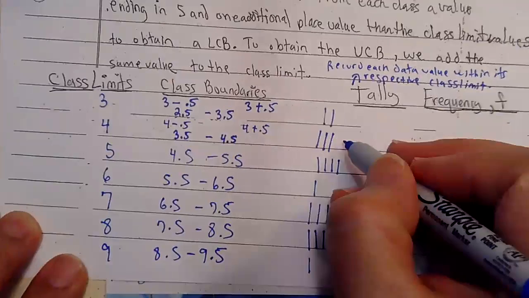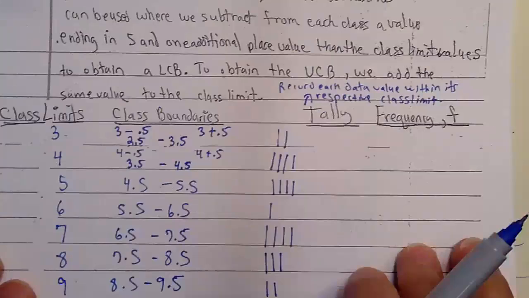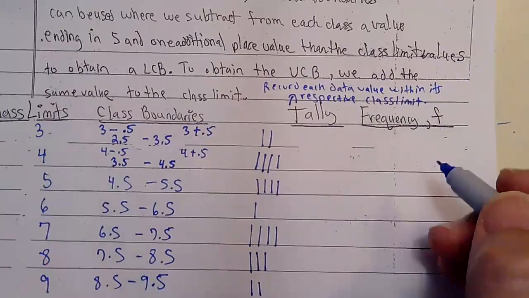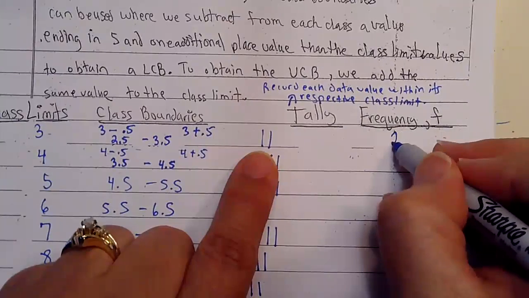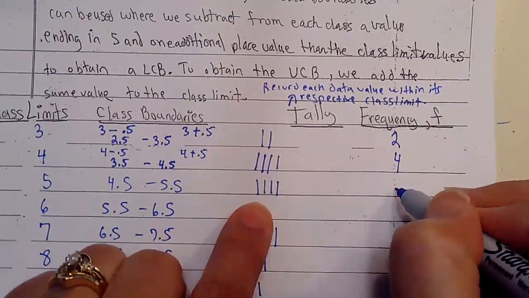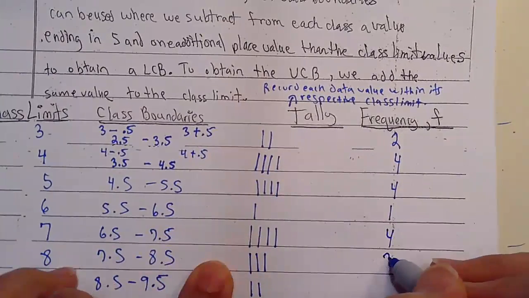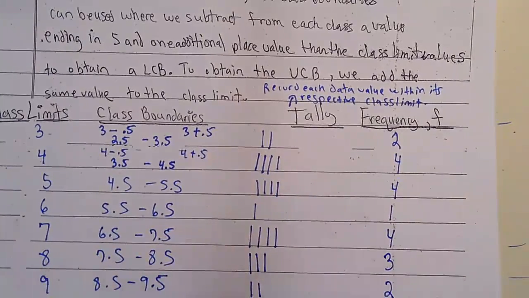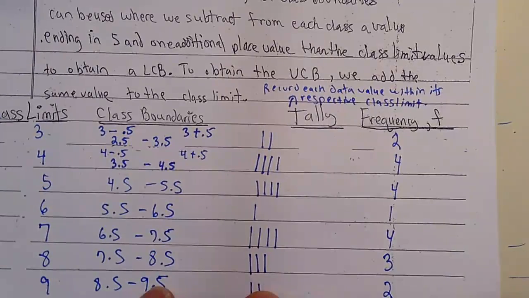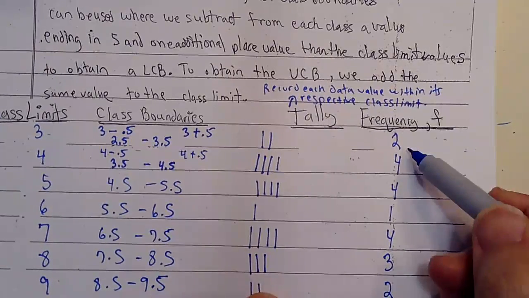Okay, so when I count now my frequencies, this is 2, 4, 4, 1, 4, 3, and 2. Okay, and then if I double check how many total is that, if I were to add all those up,